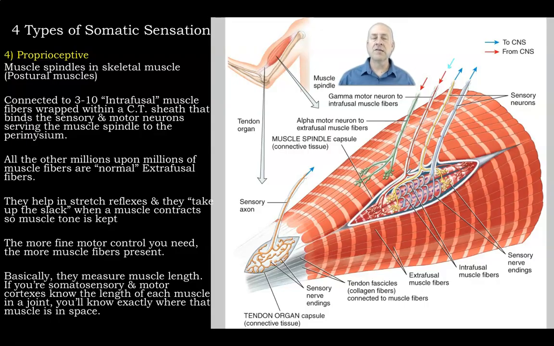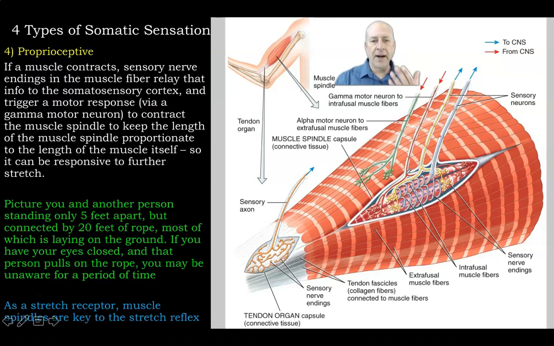And why? It's to take the slack out and keep the tone in order to be responsive. Okay? So you want these intrafusal to be in proportion with the extrafusal so they can respond. So even if you're 99% contracted on your extrafusal and you contract that 100%, you can pick that up if you've got your intrafusal also heavily contracted too. All right? A little tricky to get your head around,